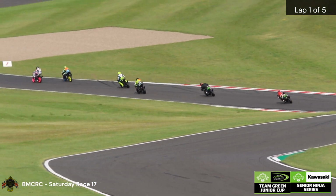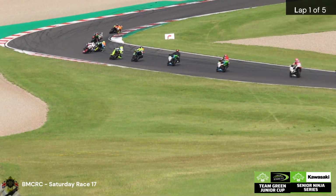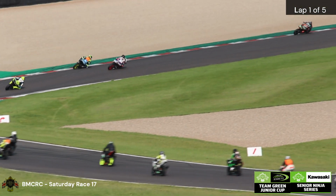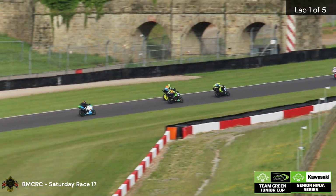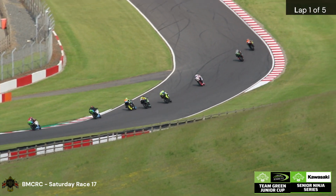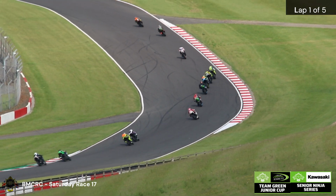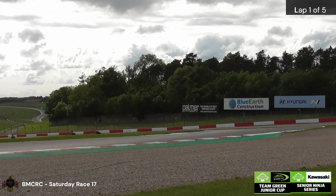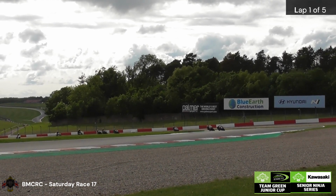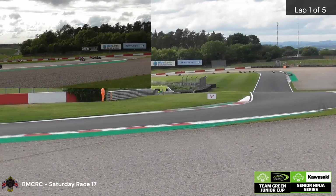as we get ready now for the race start in the MZ. So again, all eyes to the lights, and away we go. And I think there may have been a few enthusiastic starts there, but we'll get confirmation of that potentially as and when. But in the meantime, the number 69 machine of Alexander Mann will take the race lead to go in towards Redgate for the first time of asking for the MZ. Of course, it's not uncommon for the quicker of the Ninjas to...